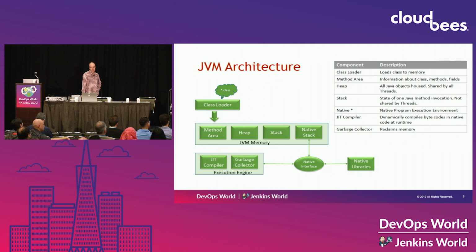Basic JVM architecture. Classes are basically loaded into JVM memory. You've got a compiler and a garbage collector that exists inside of the JVM. But most importantly, what we're going to talk about today is the garbage collection. It's one of the most overlooked aspects of the JVM. Next